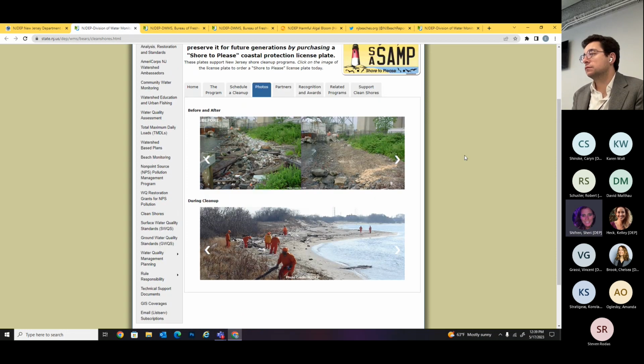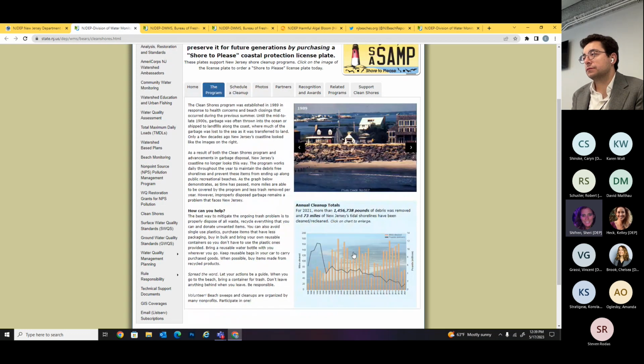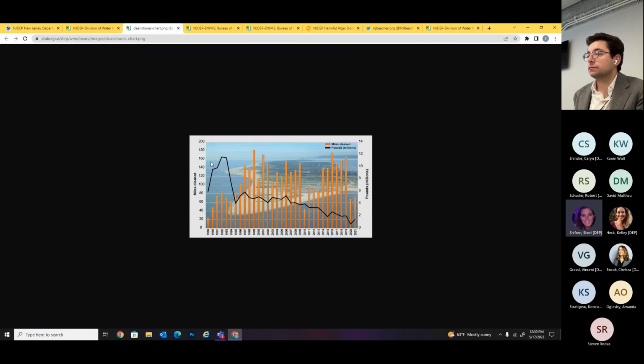And if you look at this diagram, one side is the miles we clean each year, and the other side has the millions of pounds of debris moved, and that's trash and recyclables and everything. You can see we get to a lot more area now, and there's a lot less that we're actually cleaning up because of all of those efforts.